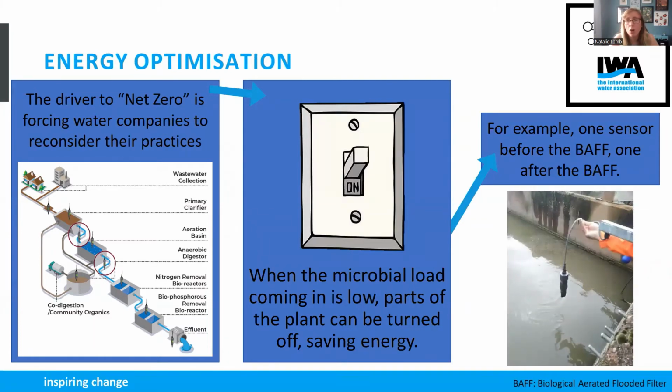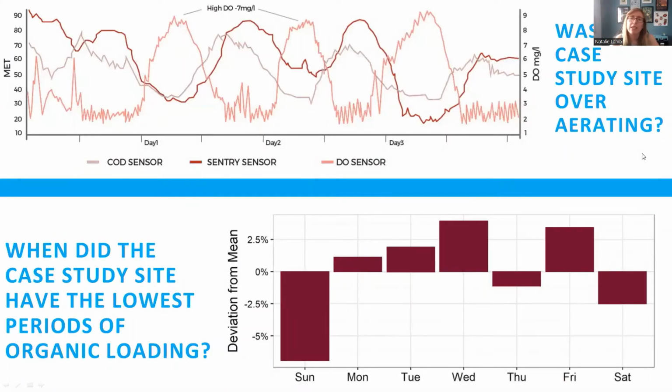And this is the picture of the probe itself in the case study Wastewater Works, and you can see there, maybe if you've got good eyes, a little bit of formation there. That is the biofilm that's sort of grown on that probe over time. The first thing I was looking at was the case study site over aerating,